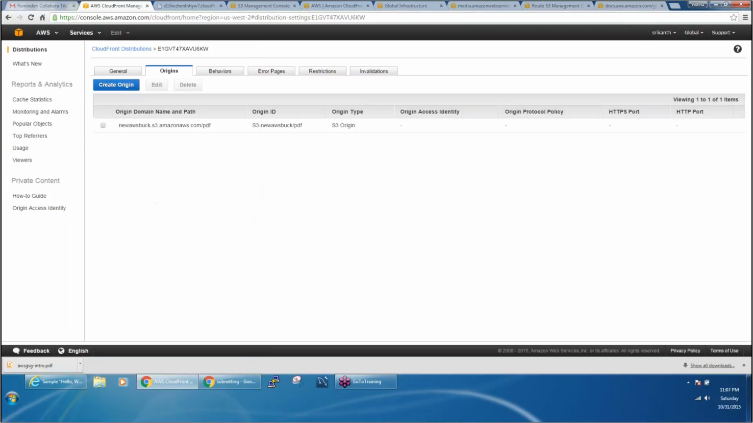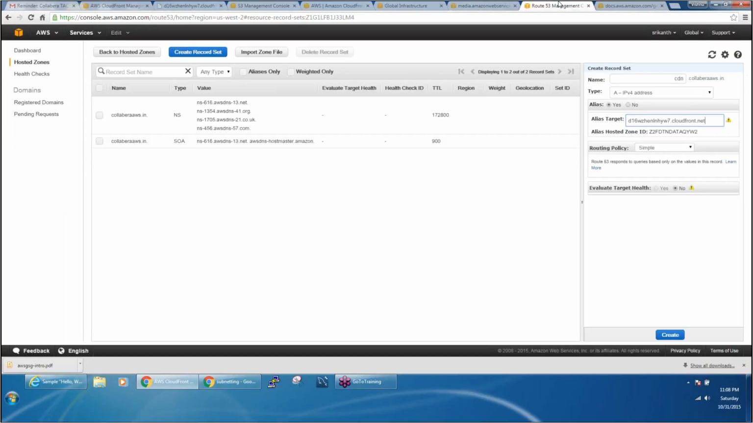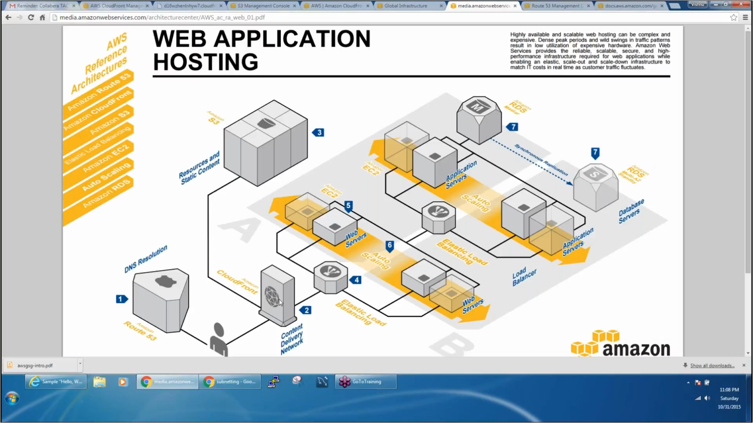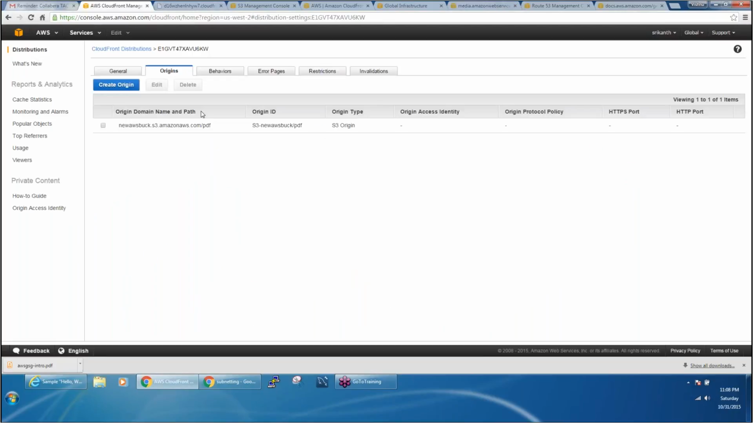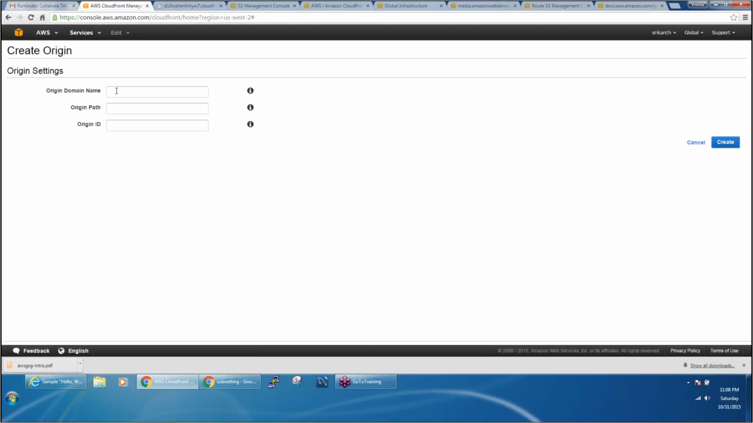Other than this, the interesting thing here is you can have more than one origin for a CDN. Even if you look at this architecture diagram here, for this CDN, one of the origins is an S3 bucket, another origin is an elastic load balancer. In a similar way, you can have it. All you have to do is click on create origin. Say if you have an elastic load balancer, you can choose that, or else you can choose this S3 bucket, or else I can choose the same